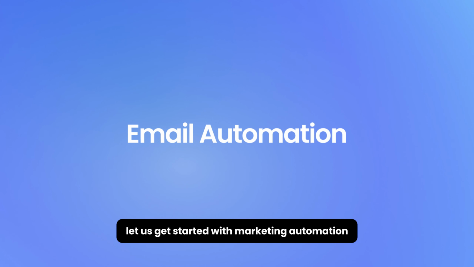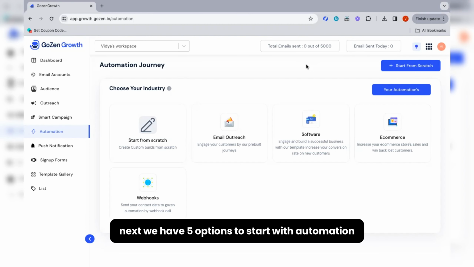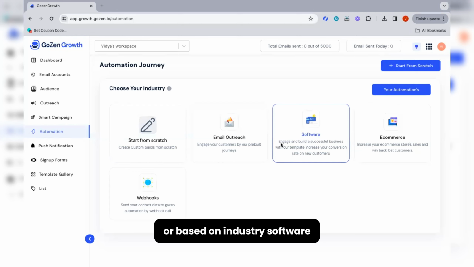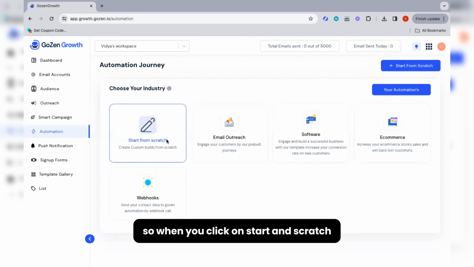Let us get started with marketing automation. We have 5 options to start with automation. You can start from scratch or from email outreach or based on industry, software, e-commerce, and webhooks. When you click on start from scratch,